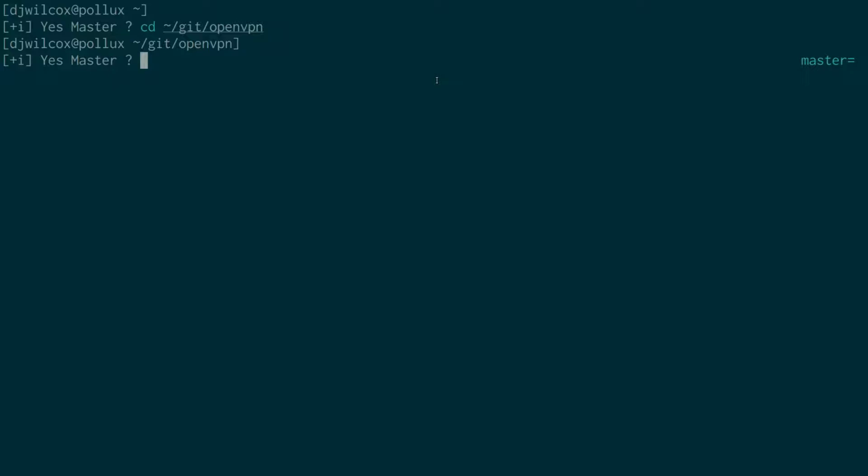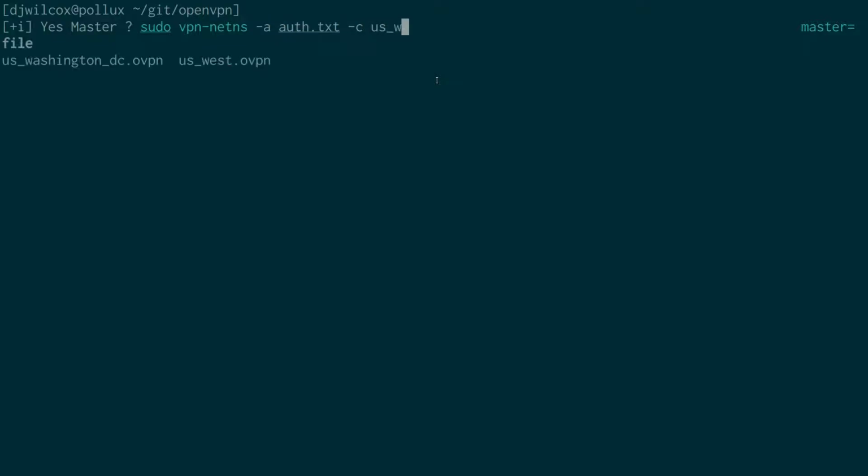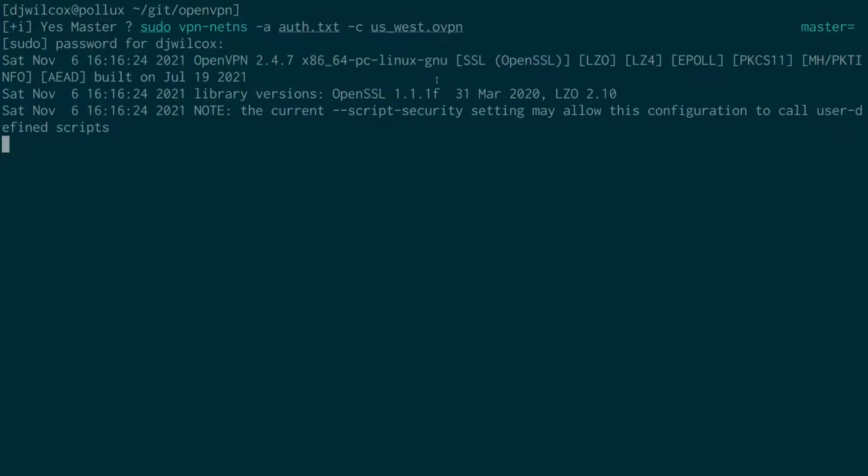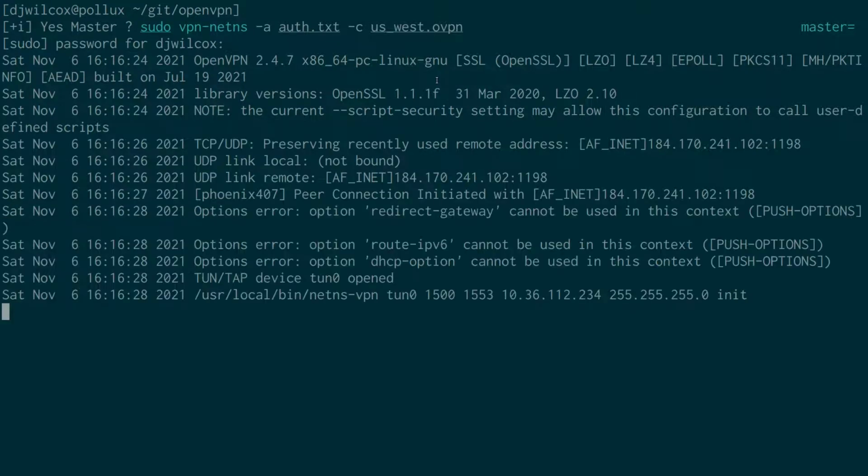So git openvpn sudo vpn netns, and this is basically a script I wrote that sets up the separate Linux network namespace. It also puts my Unbound DNS browser into a separate Linux network namespace, so the DNS goes over the VPN and stuff. So I give it the authentication file. Okay, so what this is doing is it is starting up the VPN,